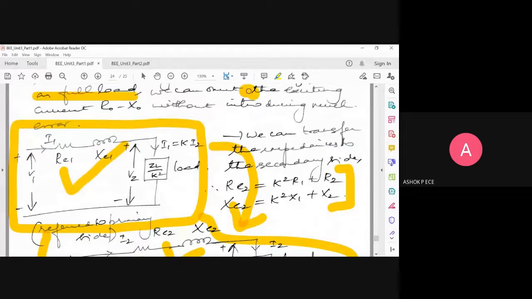So remember one thing, secondary to primary is our mostly used condition. So remember the conditions for that. Any component, inductor, resistor, or capacitor you are transferring from secondary to primary, divide by k square. Any voltage you are transferring, divide by k. Any current you are transferring, multiply by k. Remember only these things. For the other circuit, based on this, I will be doing the reverse thing.